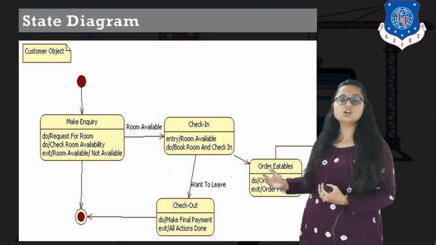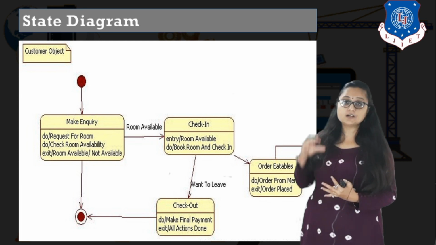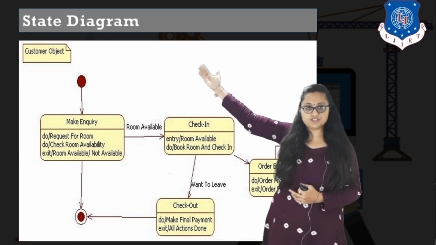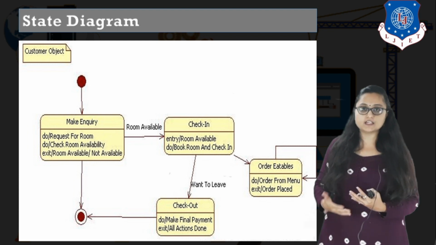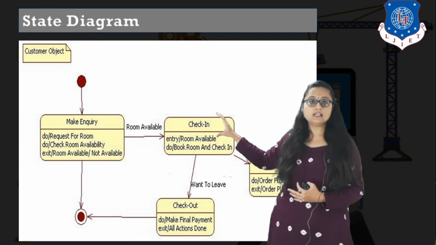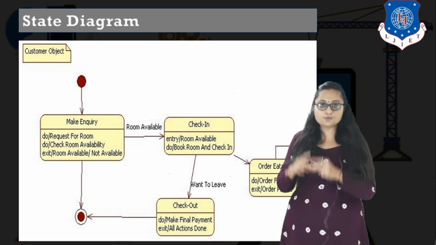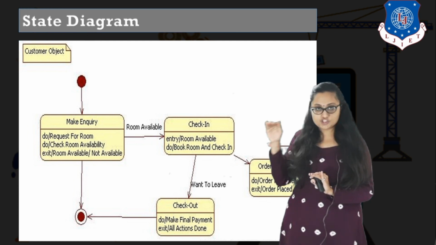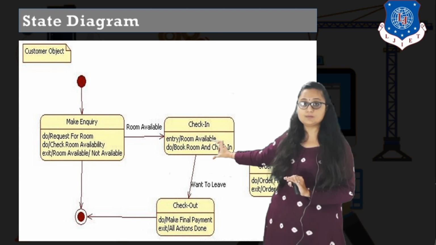Now this is also a different kind of state diagram which has somewhat more symbols in a particular state. Let us see. So again you have a start symbol. Now this is about the hotel inquiry and hotel room inquiry, check-in and check-out. That is the state we are talking about. So the first state, make inquiry. Inside the state you can see that in the topmost portion of the state symbol you are writing the state name, whereas there is a horizontal line over here, for example this line, and after this line you are writing some of the statements.